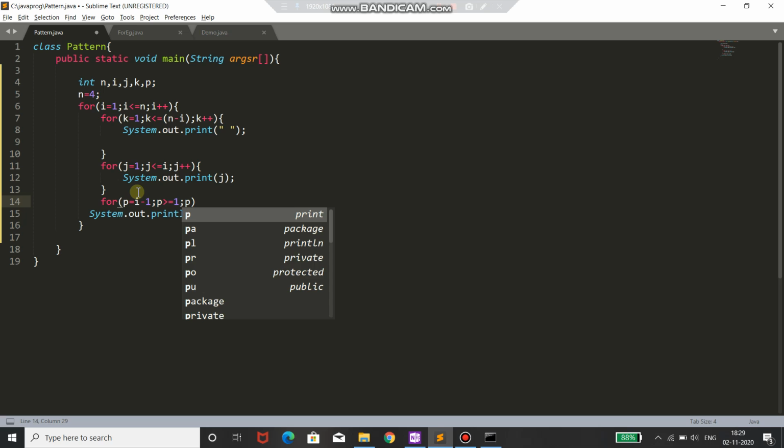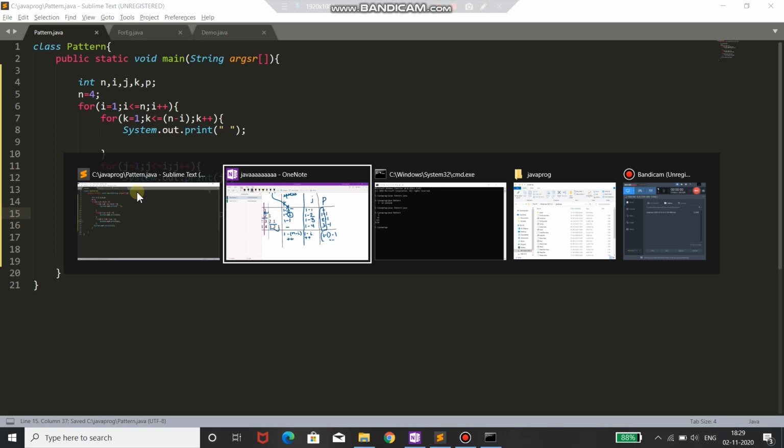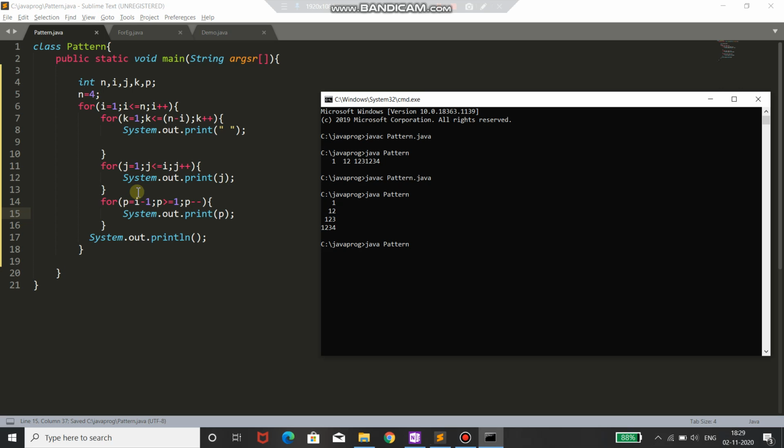So here we have P minus minus. In this P loop we need to print the value of P. So here we have System.out.print of the value of P. Okay, and then now we'll save this, and when we run the program after compiling, again